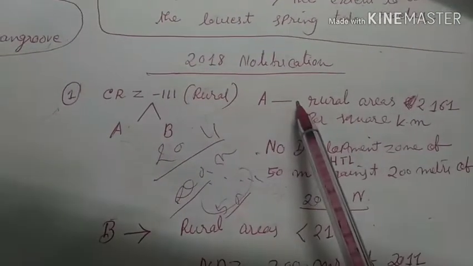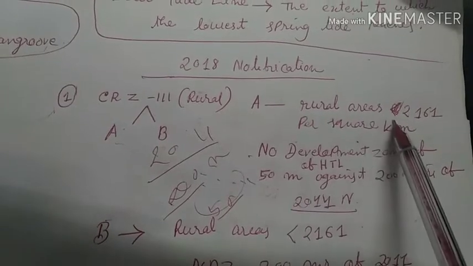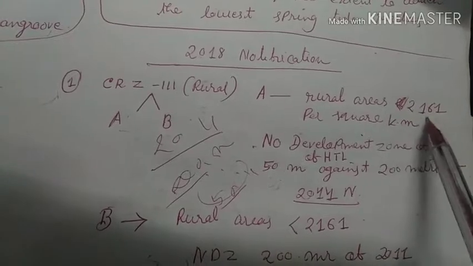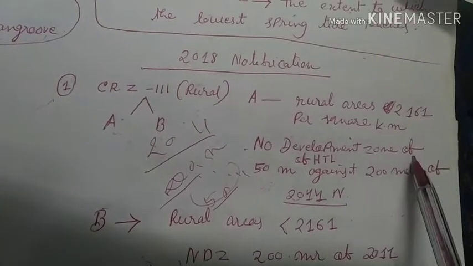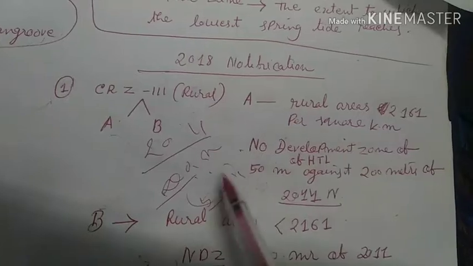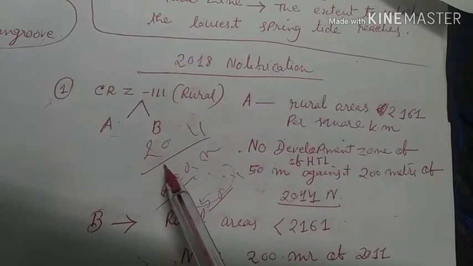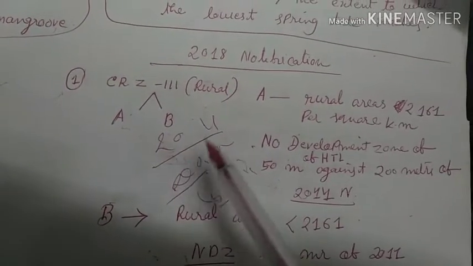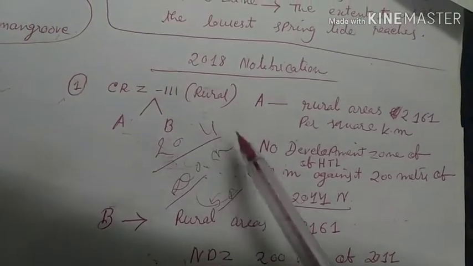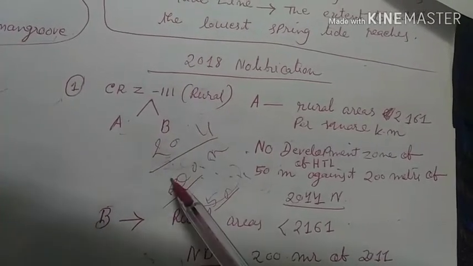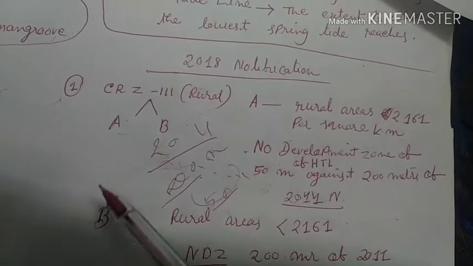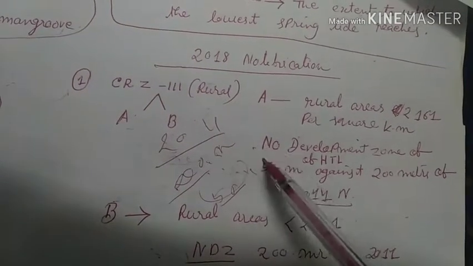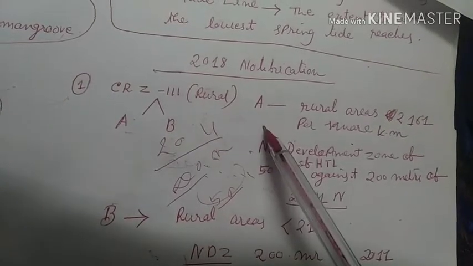In part A are those rural areas where population density per square kilometer is 2,161. Here, no development zone is 50 meters from high tide line, when in 2011 the restriction was 200 meters. Now that restriction has been limited, for the purpose of promoting tourism. Now it is said that infrastructure projects, other development projects can be extended up to the 50 meters of high tide line in part A of